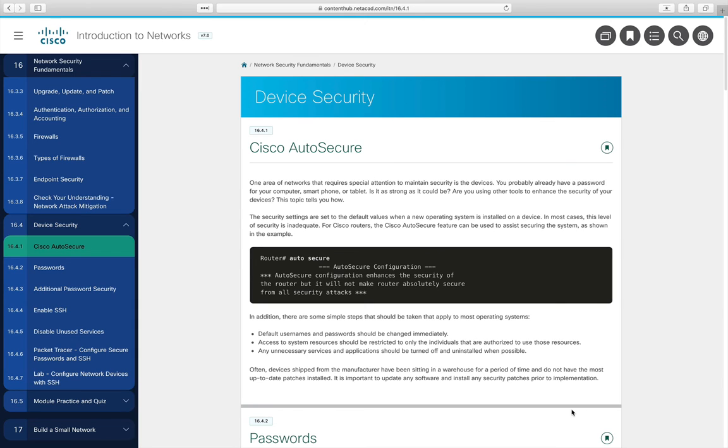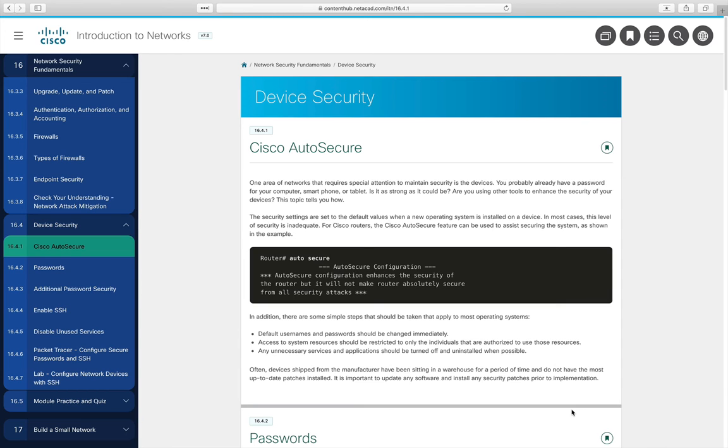A relatively new thing on Cisco devices is something called Cisco Auto Secure. What it's going to do is disable a lot of IP services that can run on a Cisco router and have in the past started up by default, but are things that you may not really need or think about. So they're trying to change their approach. Instead of all this is available, to shut most or all of it off, and then if you need it, you have to go in and proactively